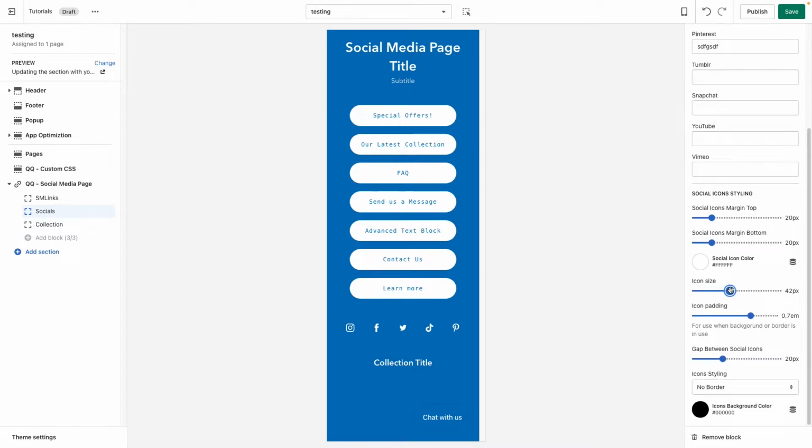You can change the size of the buttons. And the padding is basically the area around the button. So when you don't have a border, which I'll get to in a second, you can see that the distance gets a little bit smaller in between. But you can also adjust the gap between them as well, like that. Now here, for icon styling,